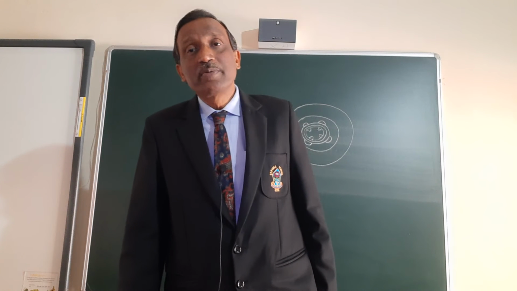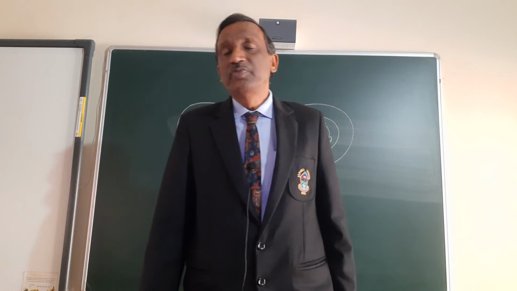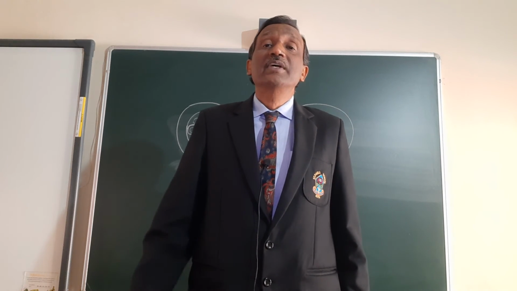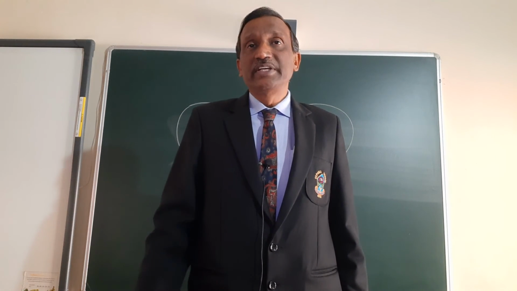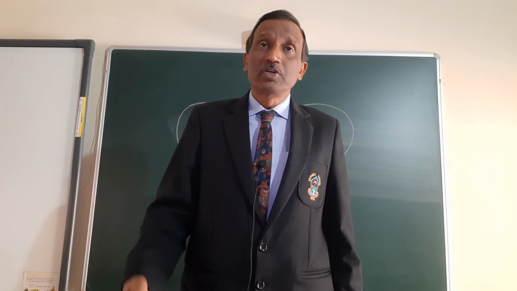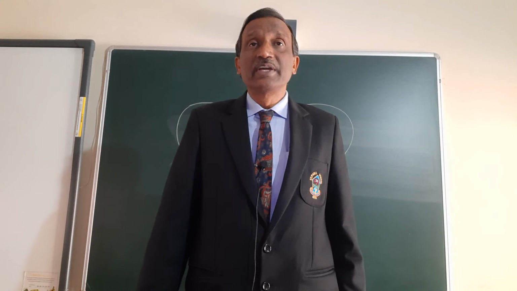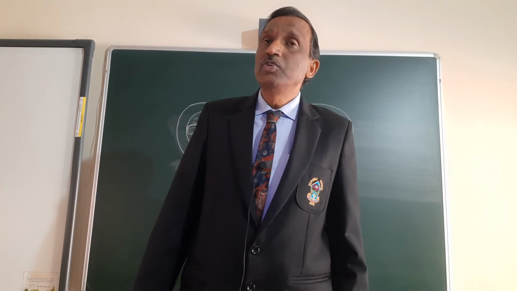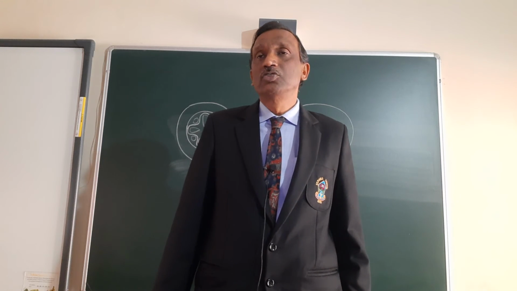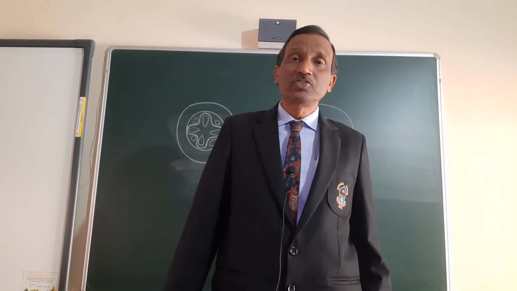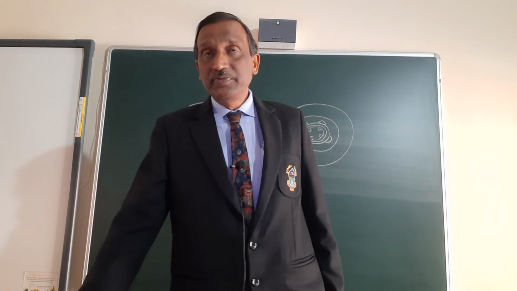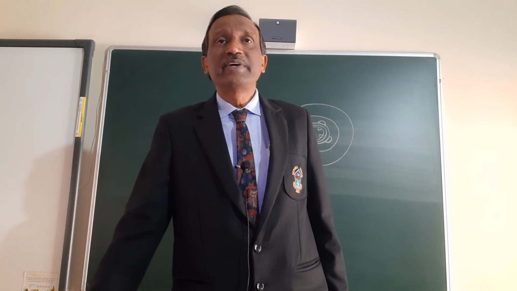In monocot the vascular bundles are many, they can be 5 and above, 6, 7, 8, 9, 10, any number. And in dicot they are generally 4 to 6. Then the monocot stem will not show secondary growth, so the bundles will always remain closed. The dicot stem will show secondary growth, so they will be open. For monocot stem and dicot stem I had given the 10 differences here. You can go back to that video and find them from that.